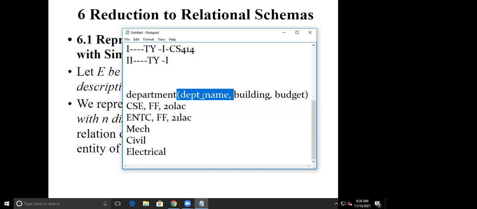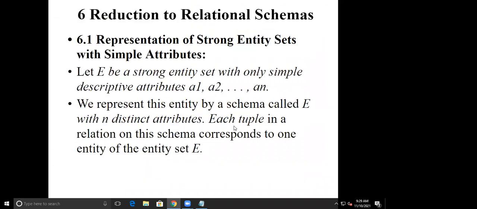That is department name, unique must be there. Building, a varchar, budget, a numeric or long or float, anything. Then this is my one tuple. This is one entity. This is another entity. So a relation on the schema corresponds to one entity of entity set E.